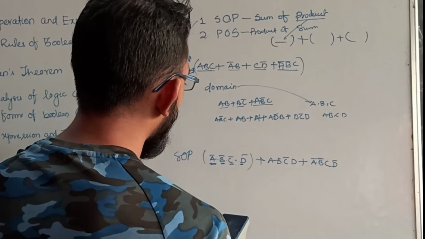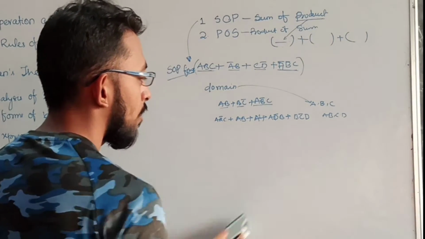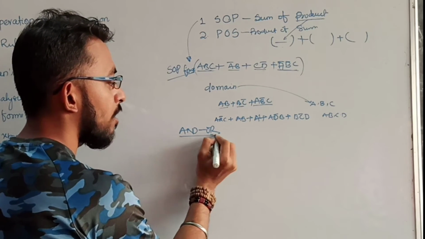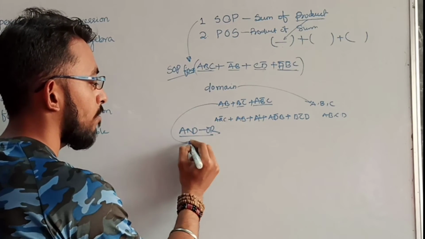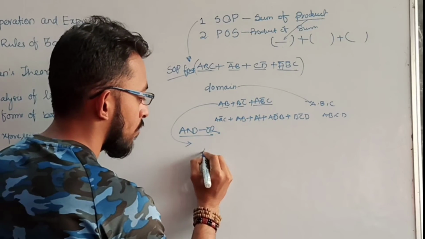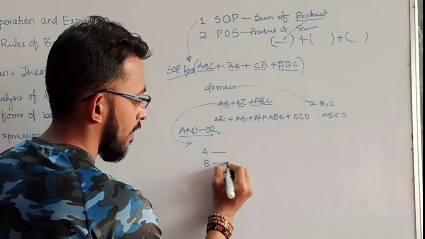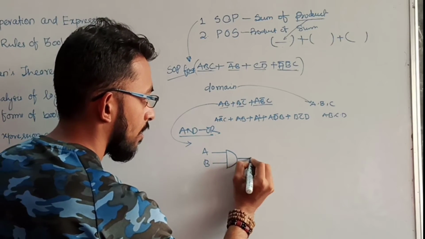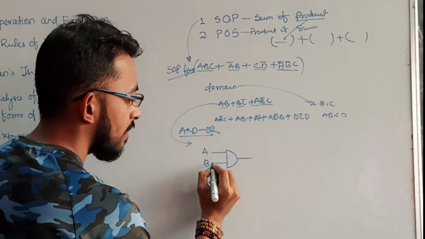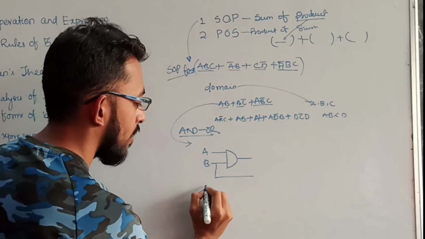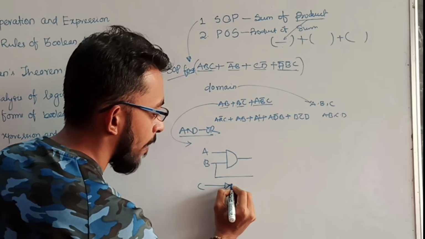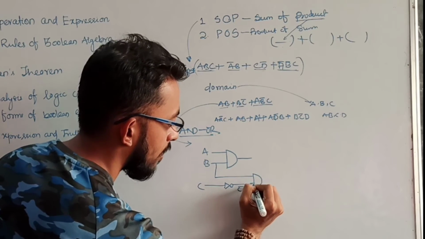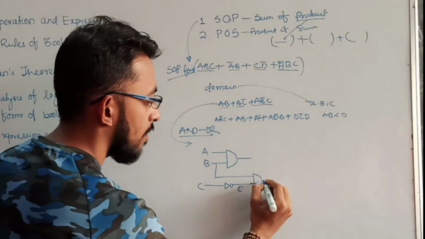Now we'll see how to represent this sum of product form using AND-OR representation. How to represent this term with AND-OR representation? You see, here is one input A, here is one input B. First they are ANDed. Then B dot C bar. One B is over here, one C is there. I have to apply a NOT gate, so it will become C bar. And then they are ANDed. Sorry, means B dot C bar.